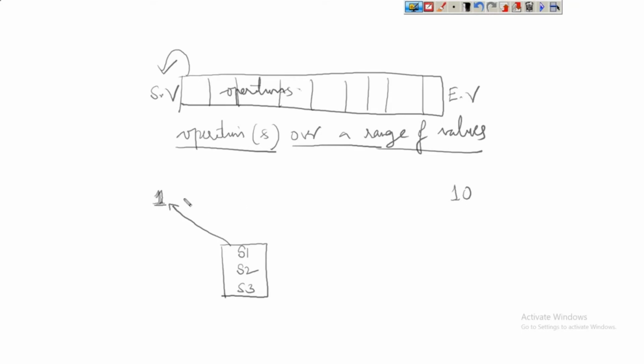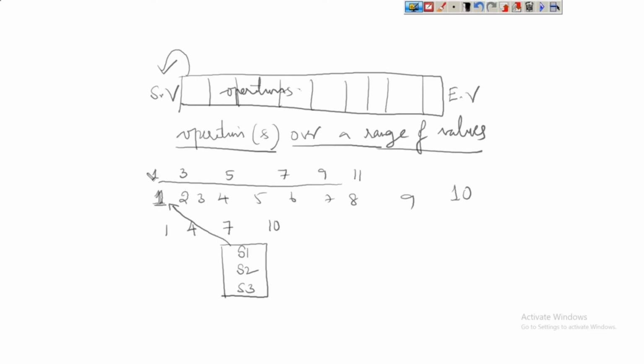There are different ways of reaching 10. One possibility is 1, 2, 3, 4, 5, 6, 7, 8, 9, and 10. Another possibility is 1, 3, 5, 7, 9, followed by 11. Starting from 1, ending with 10, these are just different values. One other possibility is 1, 4, 7, 10. These are different combinations of values.